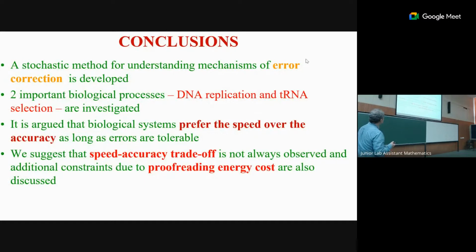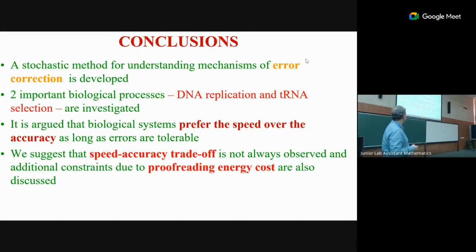Yes, so this is the end of the story, which I wanted to tell. This is not a trivial story, but it's again the story where the stochastic approach can explain many things. The important thing is that using stochastic analysis, you can understand something about biology better. You can understand how error correction works. And we apply this to two specific systems, DNA replication and tRNA selection. And we argue that those bacterial systems seem to prefer speed over accuracy